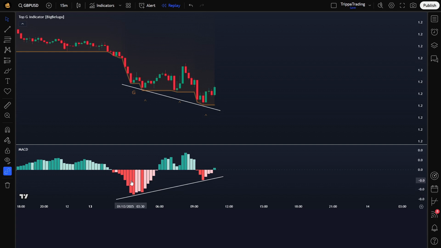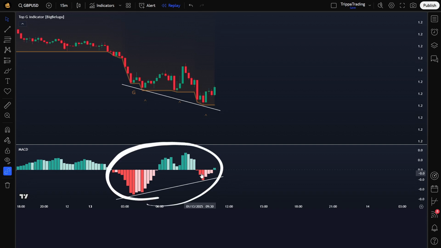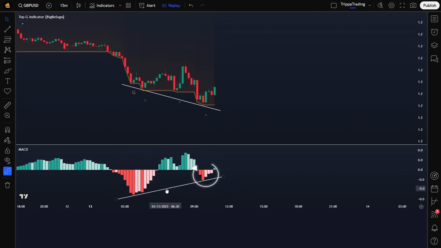First, identify an initial MACD low where the histogram shows a clear trough. Next, let the histogram turn green and create several bars. After that, wait for another MACD low with red bars. As you can see, we want a structure like this to form. The key here is that the second MACD low must be higher than the first one, signaling a potential bullish